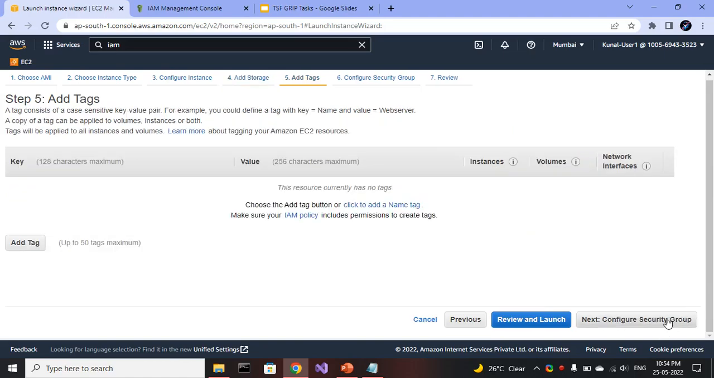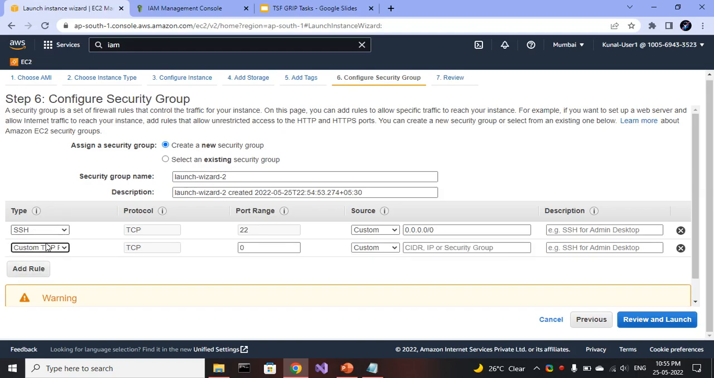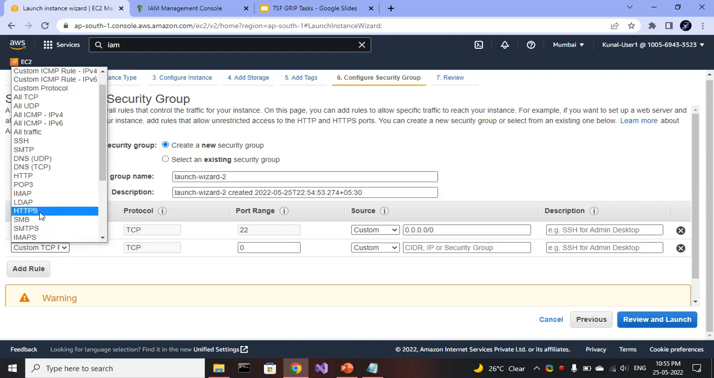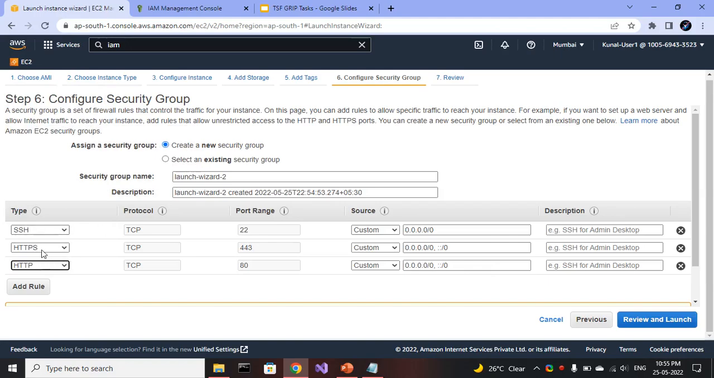Next, configure security group. The security group basically acts as a firewall and allows incoming and outgoing traffic in our virtual machine. It has access from SSH. We need to add 2 more rules as we are going to deploy our website, so select HTTPS and HTTP. So we can deploy a website and access it publicly, and SSH as we are going to SSH into our virtual machine through the laptop. Give a name to the security group. Then review and